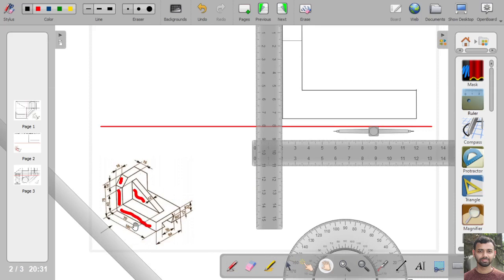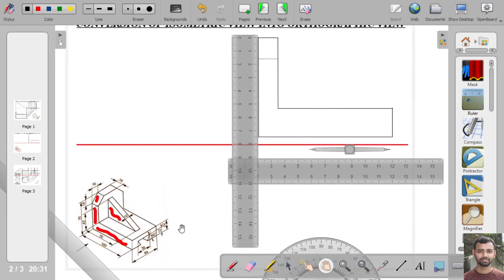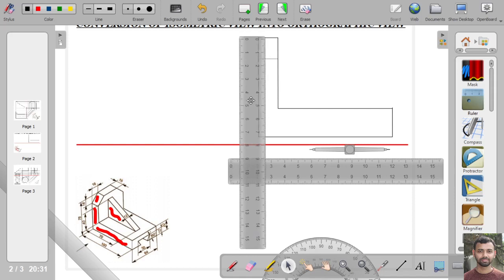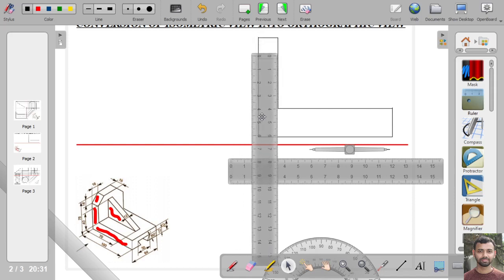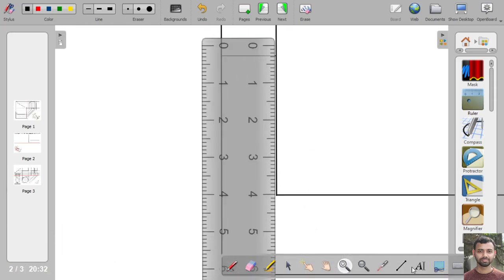Okay. Now we have to draw this slant portion. Now the slant portion height from this base is at a distance of 40 mm. So we will mark this 40 mm distance on this vertical wall. So from this vertical wall, it is at a distance of 40 mm. So here,